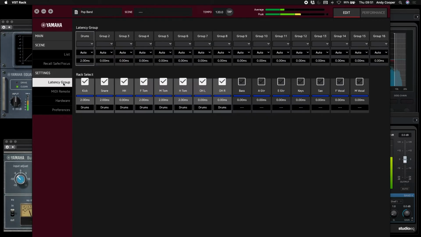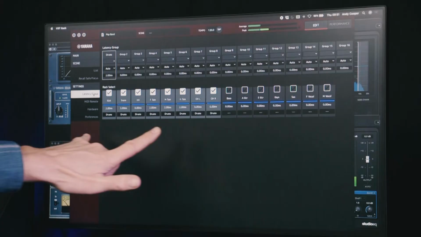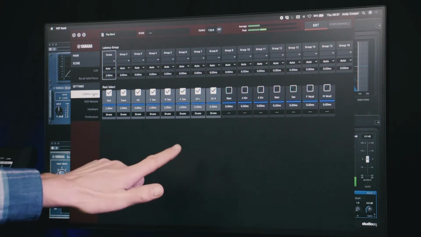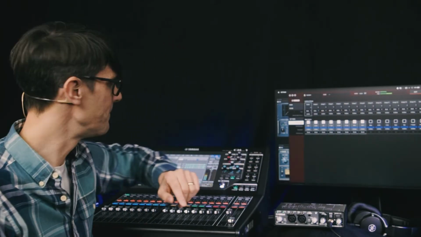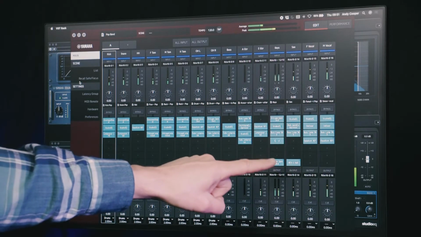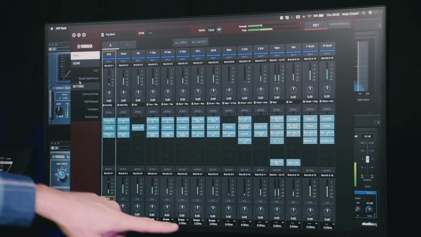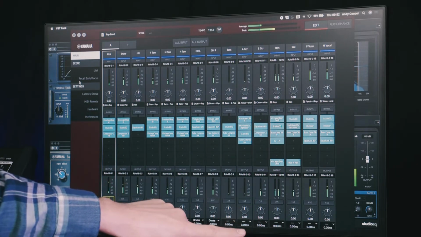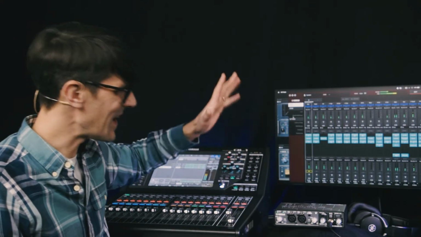There are plenty of latency groups available to time-align sets of channels that need to remain coherent, such as all the channels of a drum kit, or a horn section, choir, and so on. Notice that a number of EQ, dynamics, distortion, and reverb processes don't add any latency at all. They are well designed for live mixing, so will give you an excellent sound without compromise.